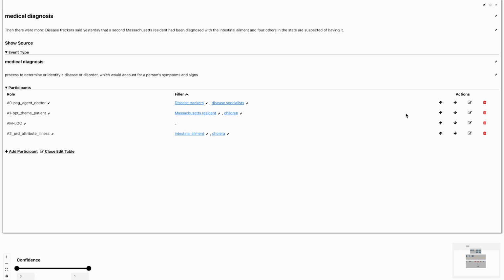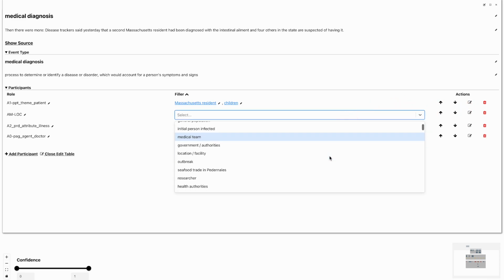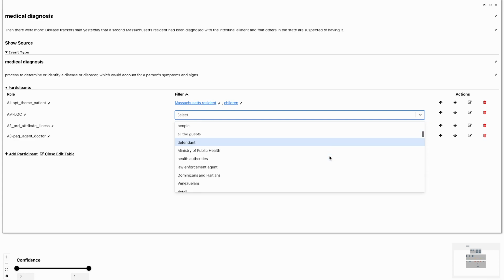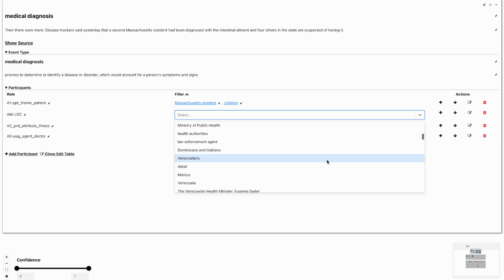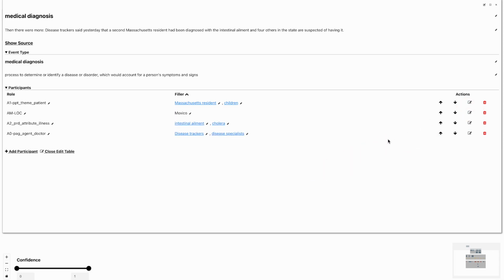You can reorganize the rank of importance of the rows by clicking on the up and down buttons. You can edit the entities related to each row by clicking on the Edit button. After that, you choose the entity from the drop-down list to add. After you edit, you can save the change by clicking on the Edit button once again.